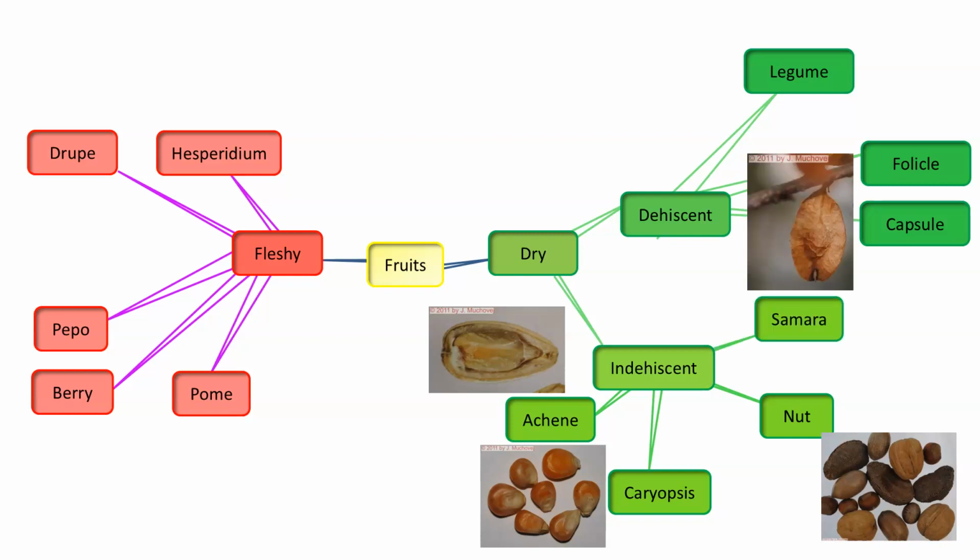And then we've got a samara. A samara is a winged seed, and the wings allow it to pick up air movement and blow it away from the trees or away from the plant so that it can go a distance away from the plant and try to spread that particular organism.